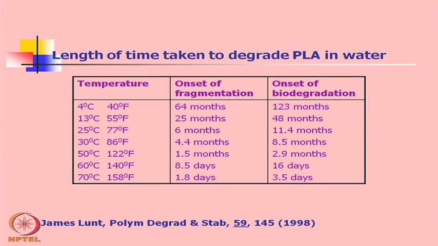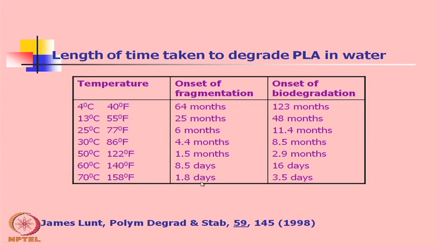After fragmentation, through hydrolysis of those hydrolyzable bonds, microorganisms can perform at a faster rate. So, this shows the time period at different temperatures. Say, if you do the degradation or fragmentation at lower temperature, the time requirement is quite high, whereas if the temperature is increased, this fragmentation will be much faster, from 64 months down to around 2